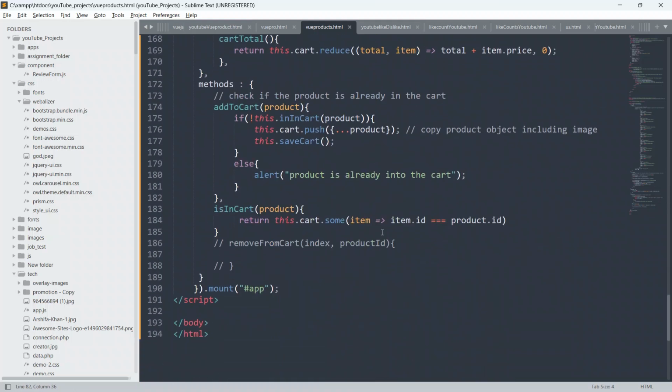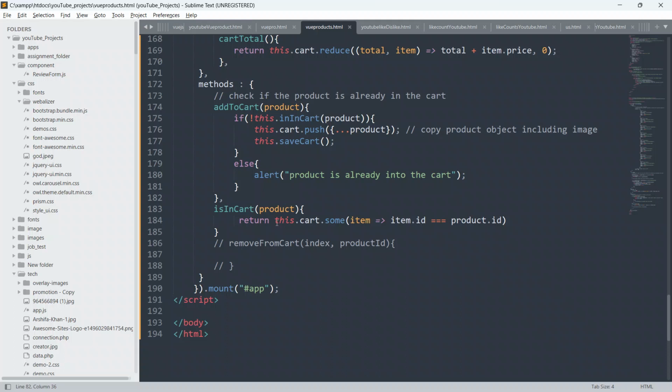So guys, based on the id, I am checking whether it is already in the cart or not. If it is already in the cart, we will just return. So I already told you, some is used to test if some element passes the test or not. If it passes the test, it will return true.